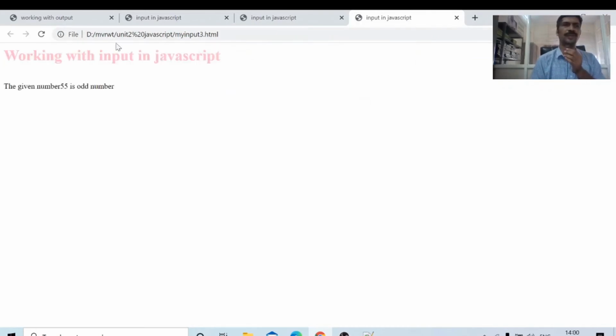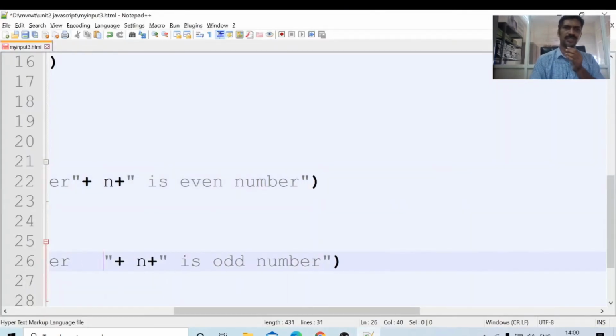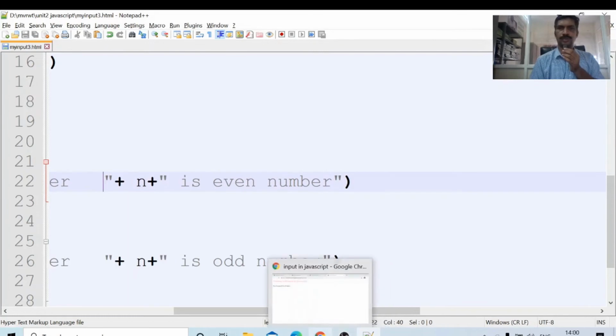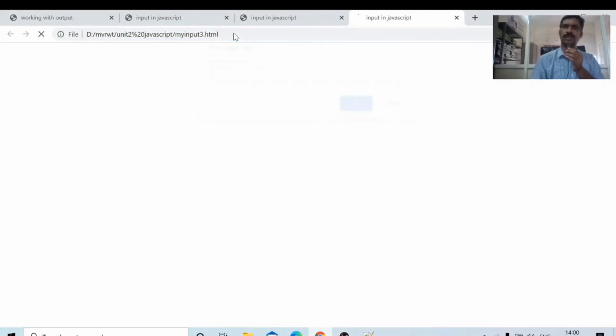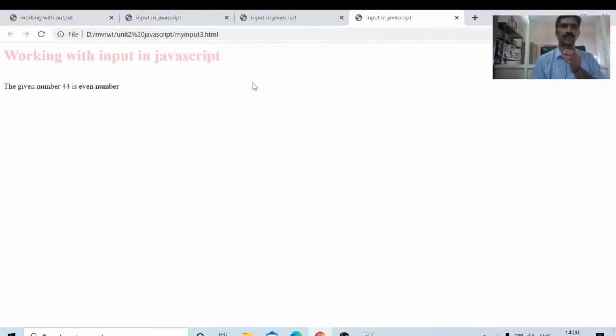I want some space here. There is no space, all of them are mixed. In order to get space, we give some space here. That's it. Control S, save this one. Go to the browser and run once again. We will check for even number and odd number. Enter the number 44. The given number 44 is even number.